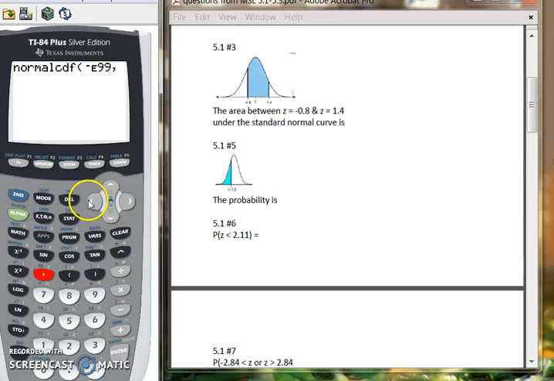Well, I don't know what problem you're doing. I hope you're doing the right problem, but I'm doing the wrong problem. Because what we're doing is negative 0.8 to 1.4. So we want a negative 0.8 there, comma, 1.4,